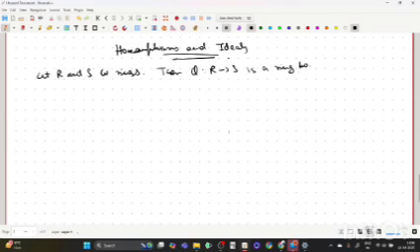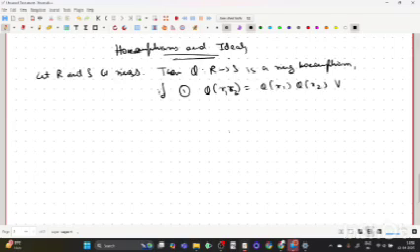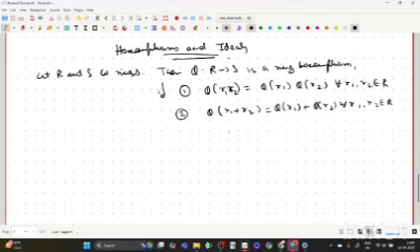homomorphism. I won't write the term ring anymore because we are already studying ring theory. It's a ring homomorphism if point number one, that phi of R1 R2 is equal to phi of R1 times phi of R2 for every R1, R2 coming from R. Number two is that phi of R1 plus R2 is equal to phi of R1 plus phi of R2 for every R1, R2 coming from R. And since we have the unity, we define phi of 1 to be 1. Okay. So we say that phi is an isomorphism